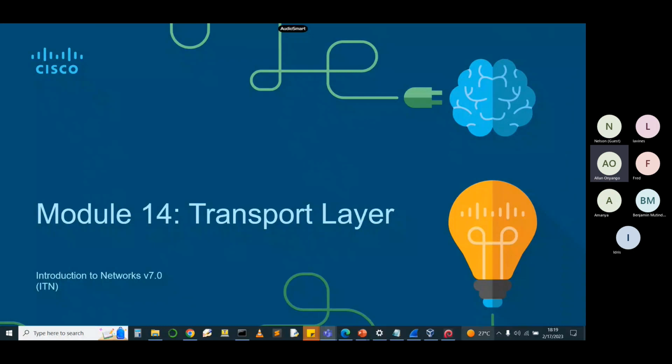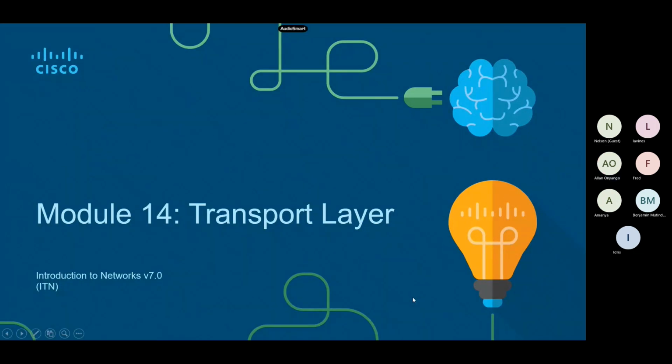So we'll talk about now the transport layer. And this is the fourth layer of the OSI model. Why is it very important? Why are we even studying it in the first place? Okay. And so we're going to realize that transport layer is such an important chapter to study because